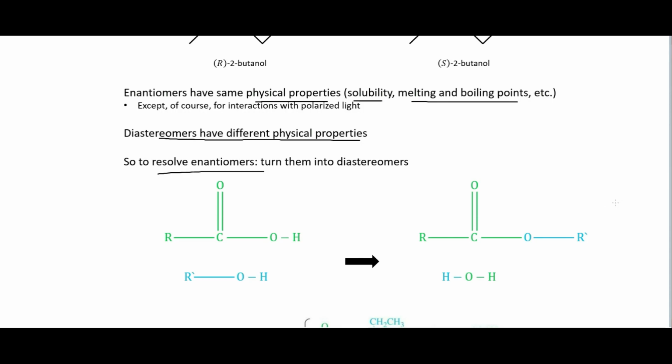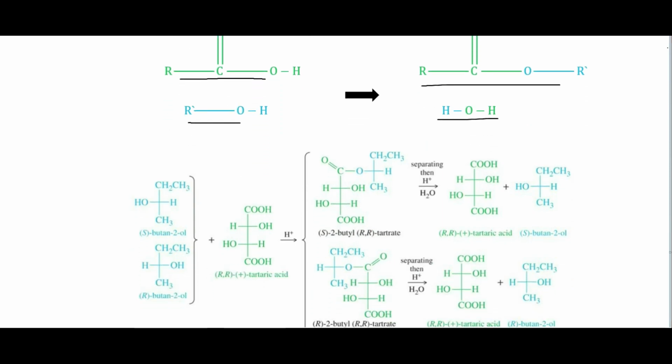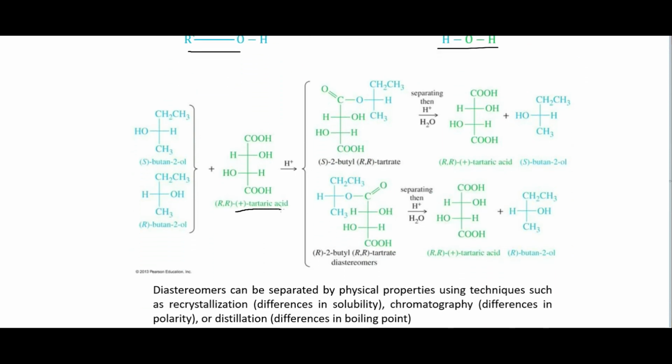I haven't really talked about that yet. We'll get to esterification reactions in future videos, but we're essentially taking this alcohol here and attaching it to this carboxylic acid here to make this, and it gets rid of water here. And so we're going to do that here with our tartaric acid. So remember I said that is this enantiomer here. And so if we want to separate our 2-butanol, or this butan-2-ol, so the S-butan-2-ol and R-butan-2-ol, we bind